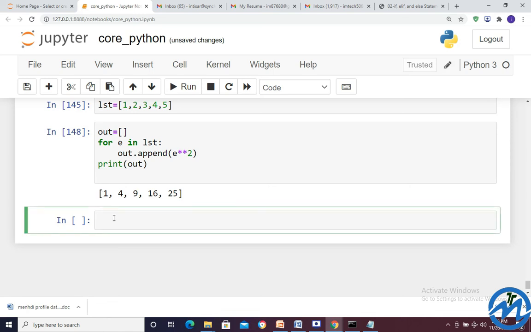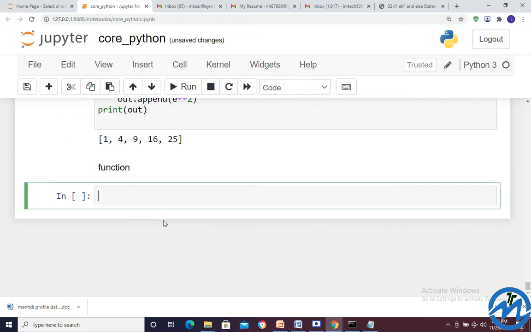Now the next concept is function. What is the meaning of function? Function is nothing but we have to define the function to call anything. So see here, def, let me write a function. Here I'll write def my fn, and then we can write the parameters, multiple parameters, any parameters you can write. You can write multiple parameters or a single parameter. So we have the parameterized function.